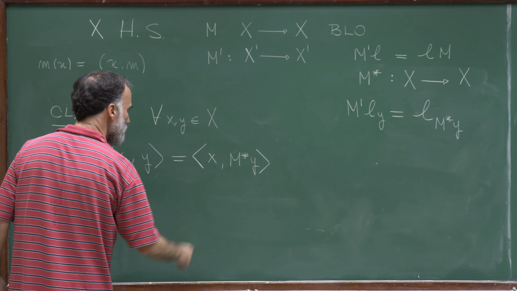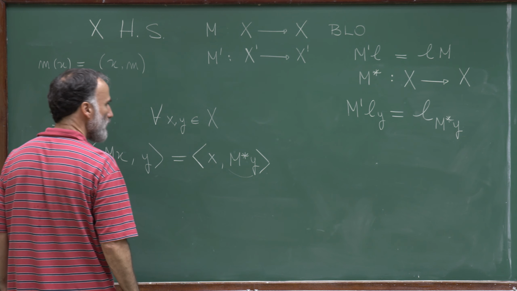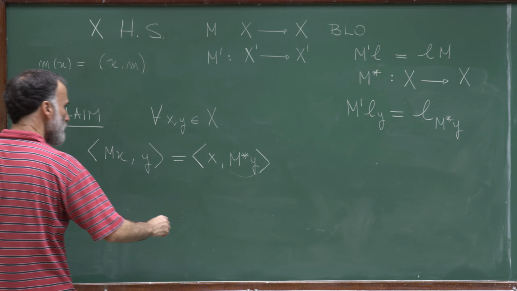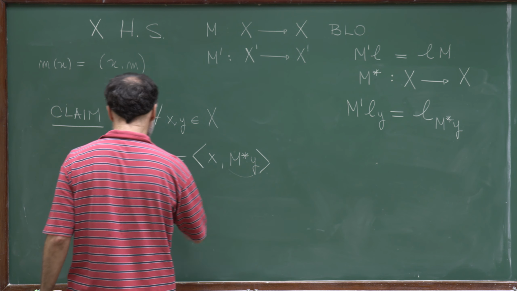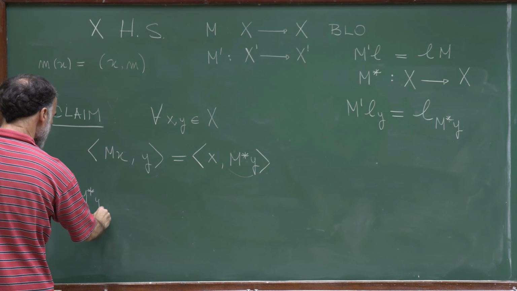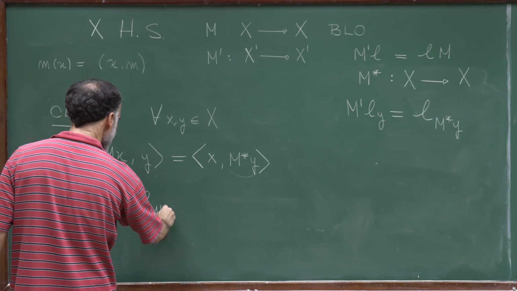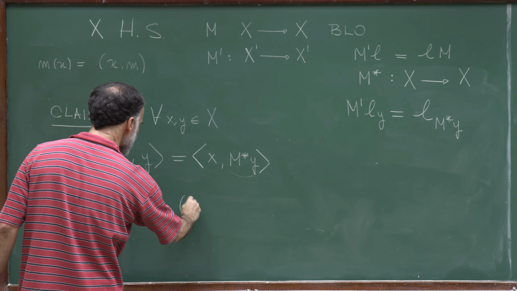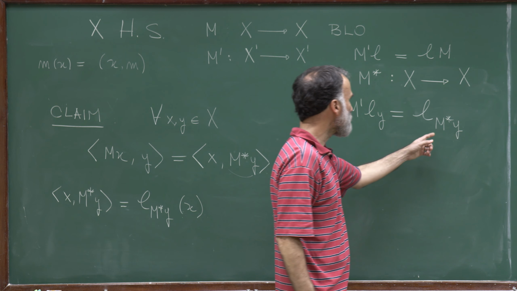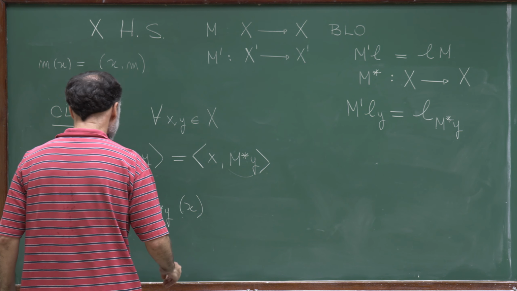Let me start with the right-hand side. This is a point in X, and this can be represented as a bounded linear functional. So x with M star of y is the bounded linear functional L of M star y applied to x. Right? Now recall this identity which we just proved, that L of M star y is actually M prime L of y. So this is